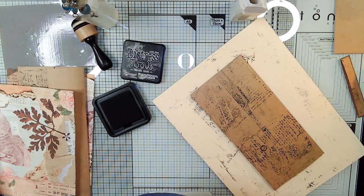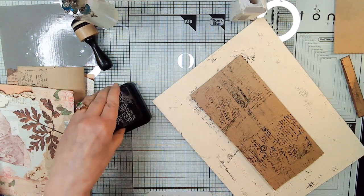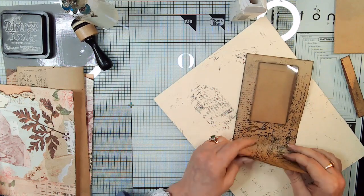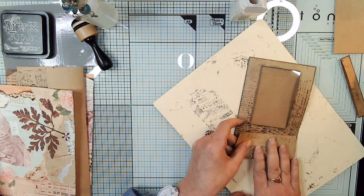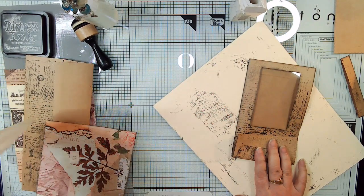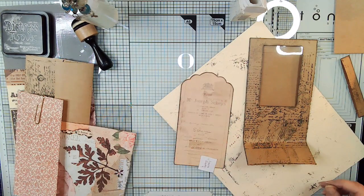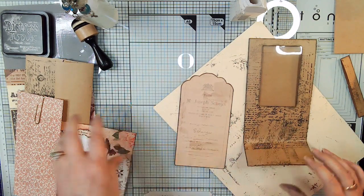Okay. I'm not the best at stamping. I'm practicing though, right here in front of you. Alright, so let's fold this up, because we're going to need to glue this back together, but only as far up as we fold it. So let's...